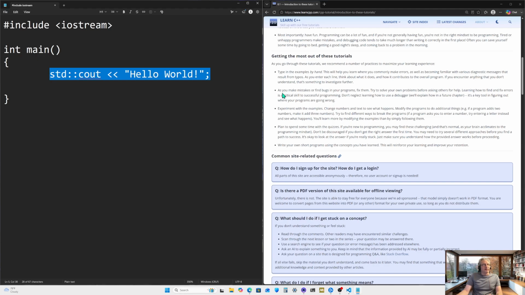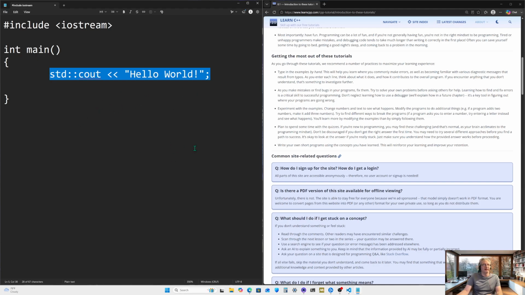Next section. As you make mistakes or find bugs in your program, fix them. Try to solve your own problems before asking others for help. Yes, definitely. Learning how to find and fix errors can critically boost your successful programming. Don't neglect learning how to use a debugger. There's no debugger in this.